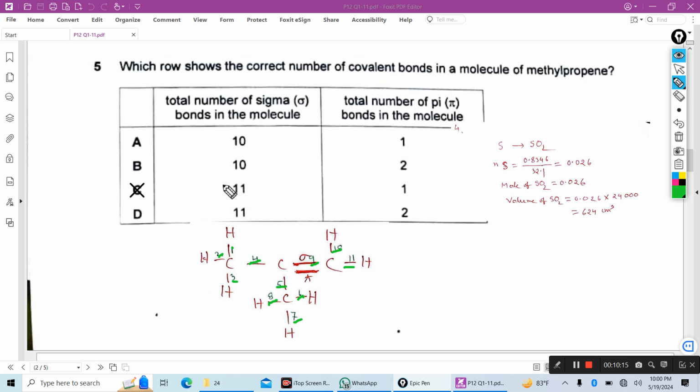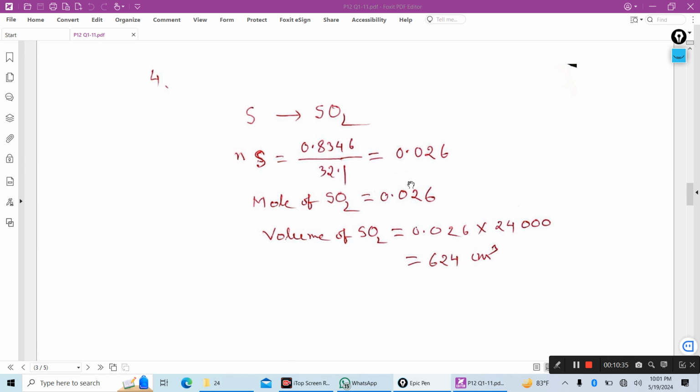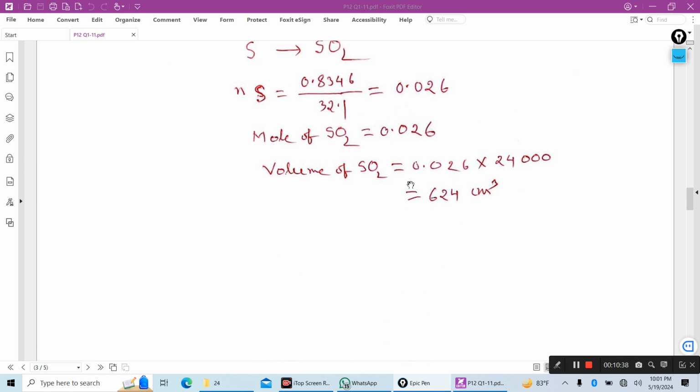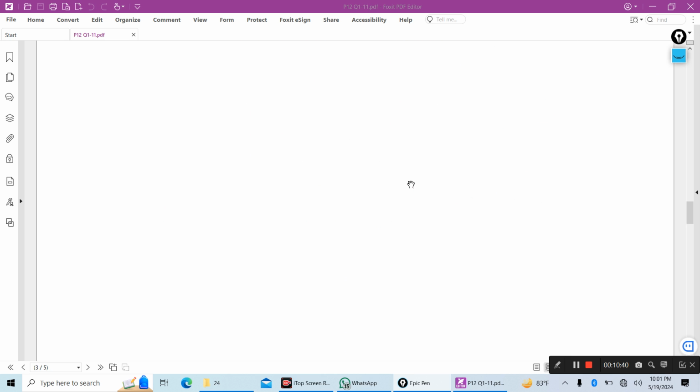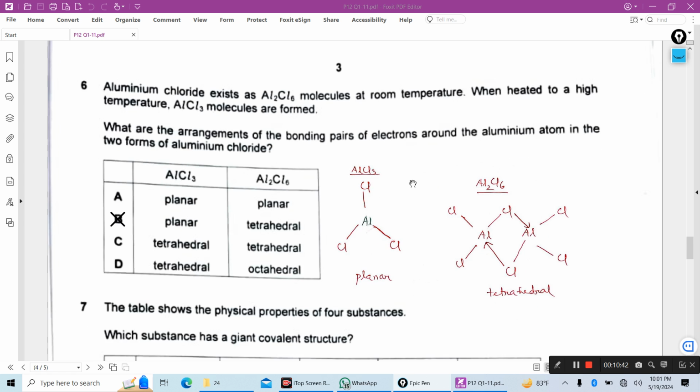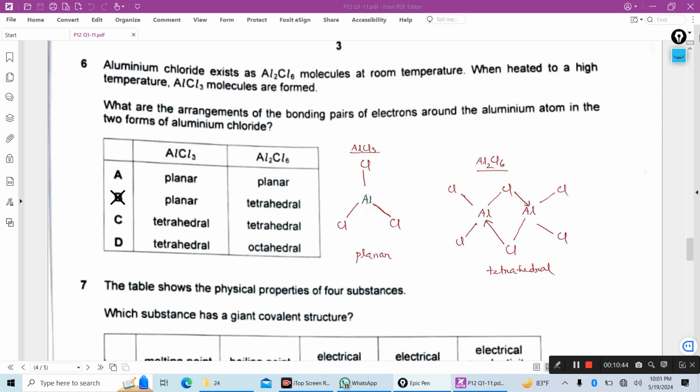So this answer will be number C. Total number of sigma bonds will be 11 and total number of pi bonds will be only 1. Number 6, you see